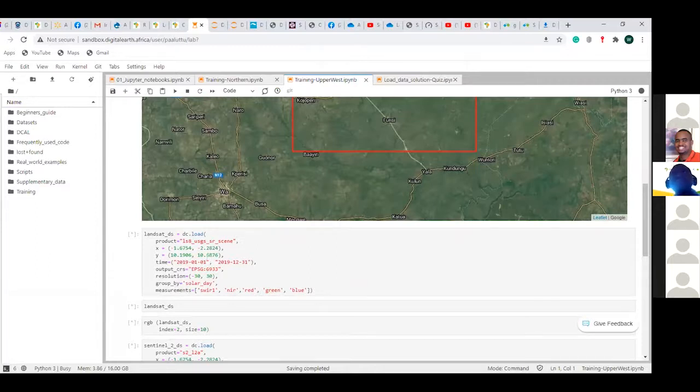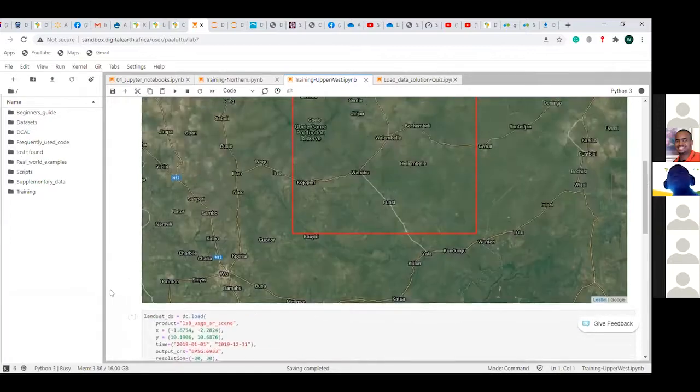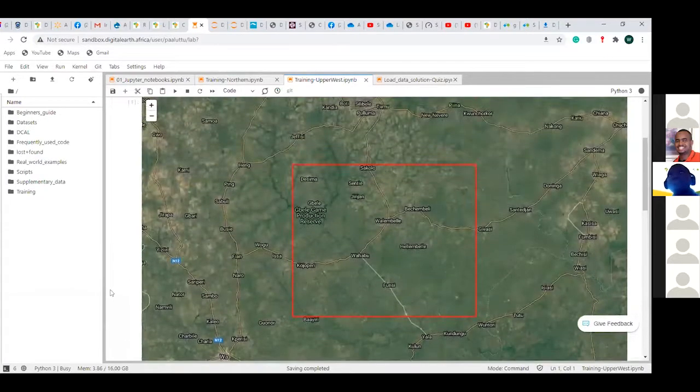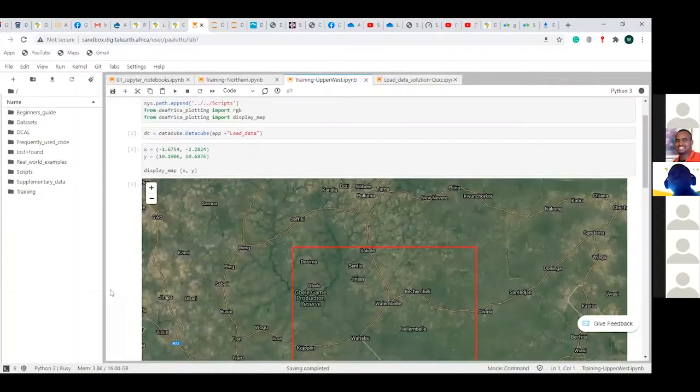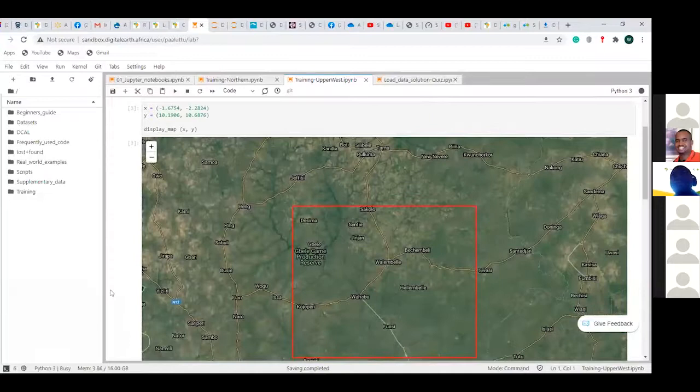I haven't managed to finish session 2, but I think by tomorrow I'll be finishing it. But I'm still concerned with how I am going to choose an area when I'm viewing my map. How am I going to choose an area that I'm interested in to do an analysis for? So please, Edward, if you could show us, please.